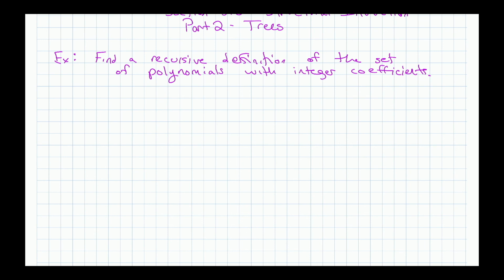What are those? So you know what polynomials look like, right? Here's a couple examples, like p of x equals 3x. That's a polynomial. q of x equals, let's say, negative 5x to the 7 plus 2x plus 4. Stuff like that. Those are polynomials. But we want the set of all polynomials with integer coefficients, anything with an integer coefficient. So the powers on x need to go up as high as possible, because